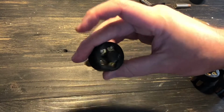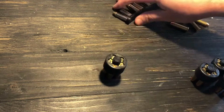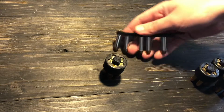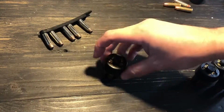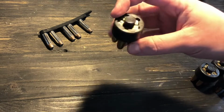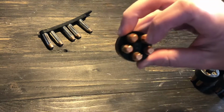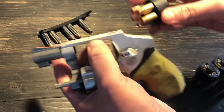This will look kind of conspicuous in your pocket depending on what type of dress you wear, what your wardrobe is like. I'm not saying you wear a kilt or anything. This will carry much better, but I find these are perfect to throw in your work bag or your EDC bag or wherever, maybe the center console of your car. And then if you ever need to unload them, you just push that little star in the middle until it clicks. And if you need to load your revolver,